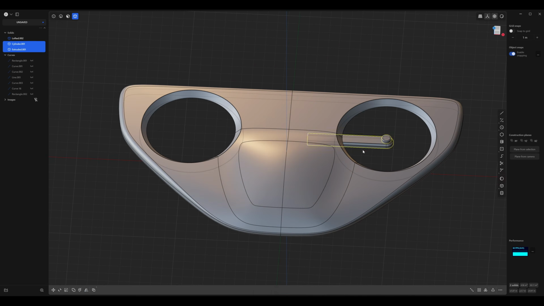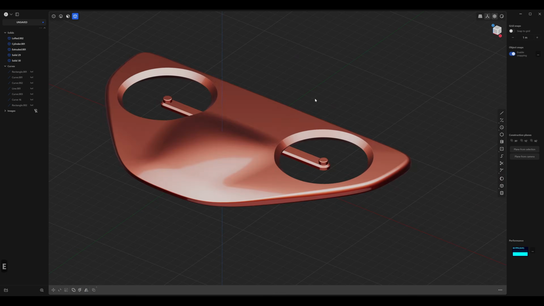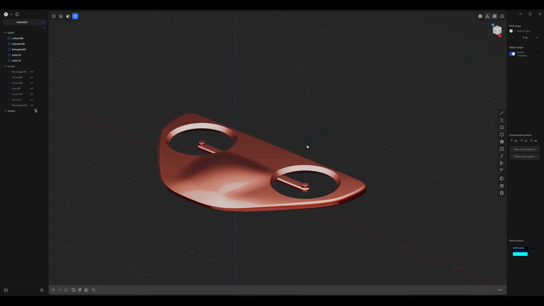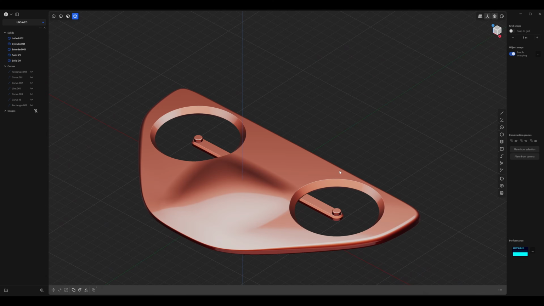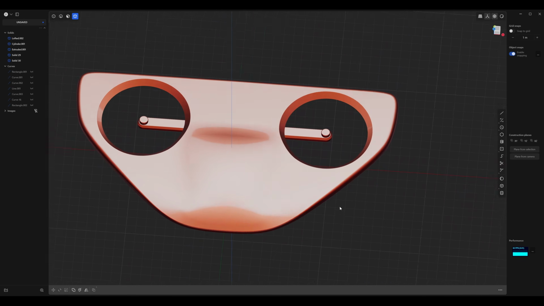And let's do that for the arms as well. Alt X, mirrored on the X axis, and right click. And let's see what this looks like in this red mode. Great, so it's starting to look like a drone, but all we're missing are the propellers. So let's create some lines that will be the guides to a loft.